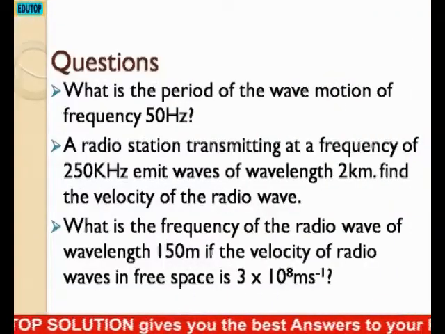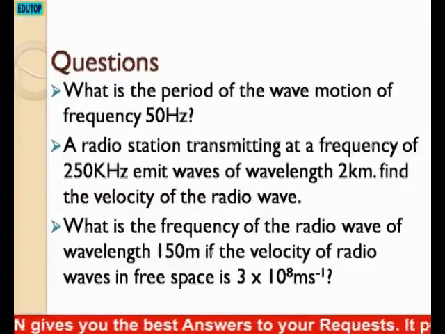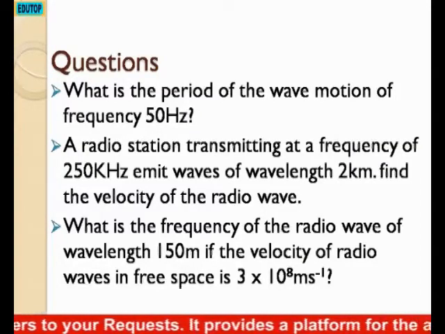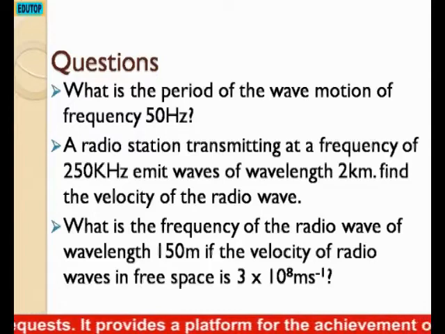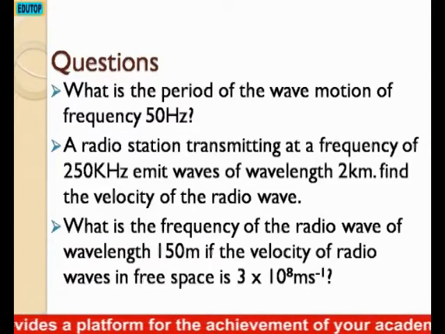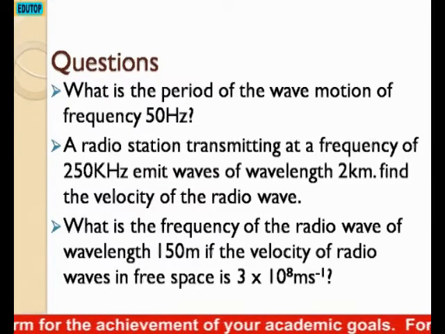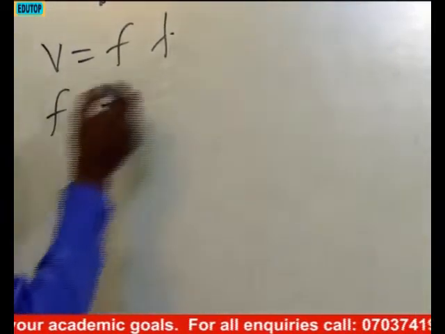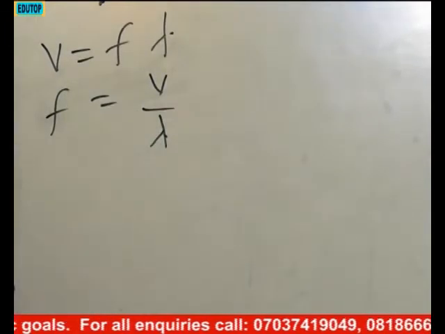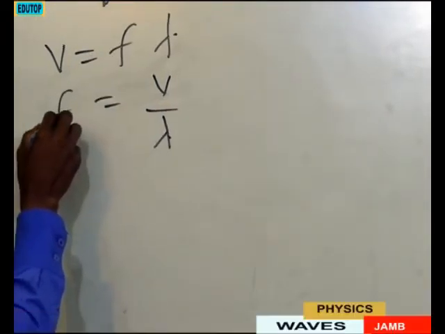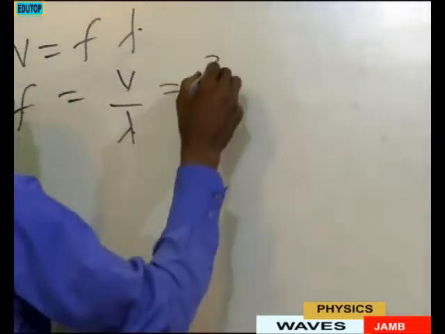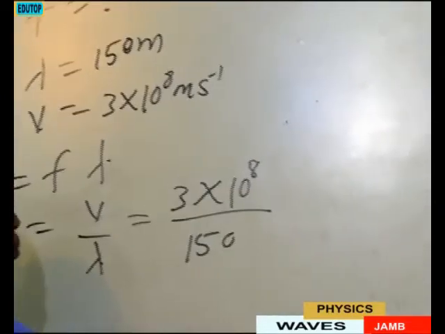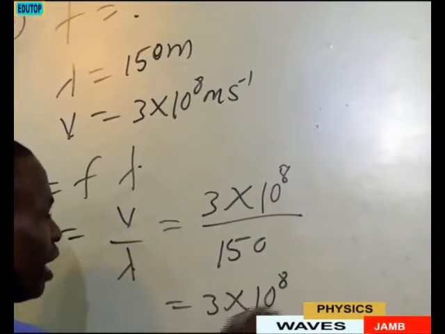Question number 3 says, what is the frequency of the radio wave of wavelength? Look at the wavelength. The wavelength is 150 meter. If the velocity is 3 times 10 raised to power 8 meter per second, we are still coming from the same relation, but in this case we are looking for frequency, f. Make it the subject of the formula, which is equal to 3 times 10 raised to power 8 divided by 150,